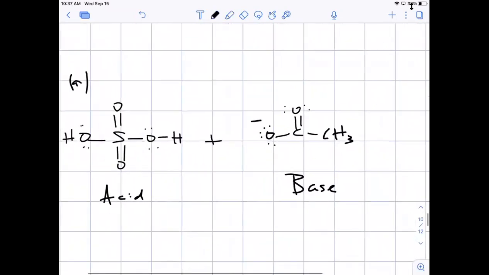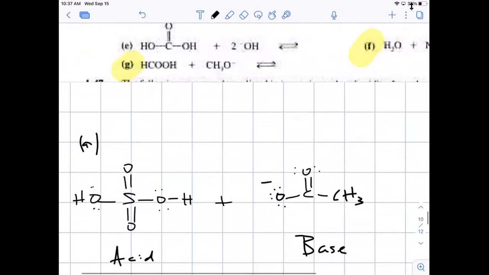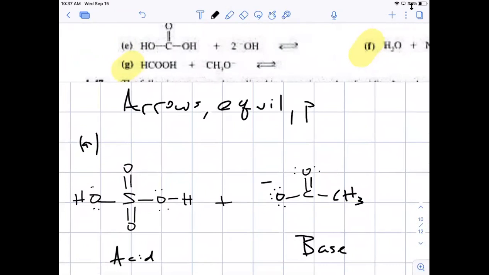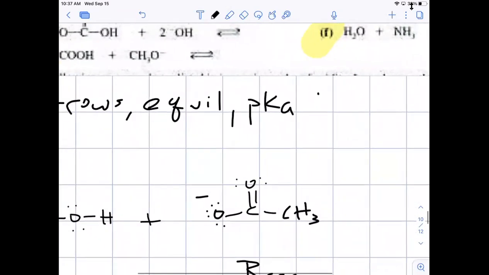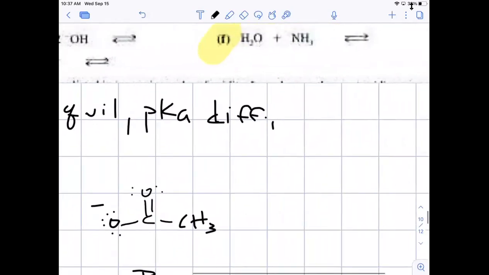All right, and then let's put the arrows in. Where are the arrows going to originate in this example? And again, we're going to do arrows, equilibrium, we're going to talk about pKa, the pKa difference, and